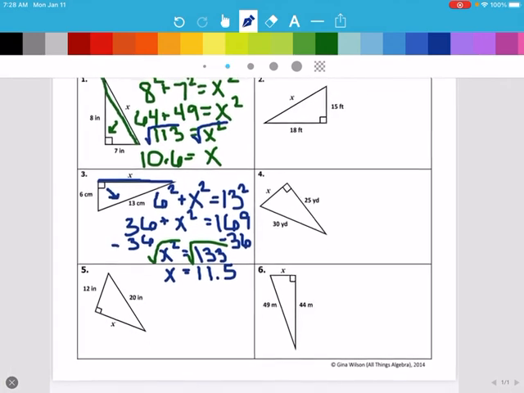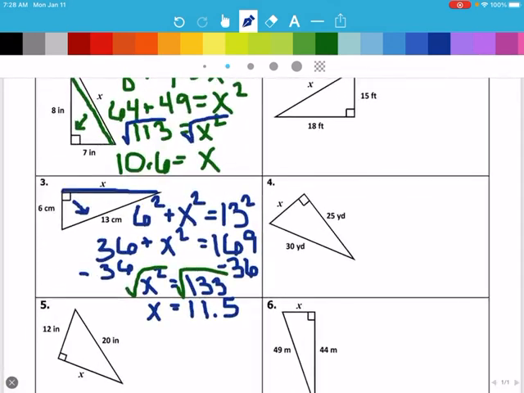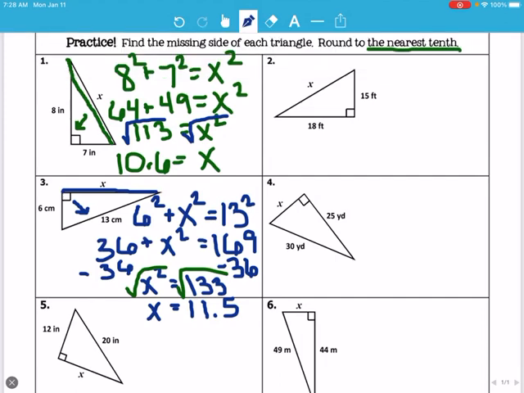I'm going to leave you guys the other 4 to do, so 2, 4, 5, and 6. And again, if the hypotenuse is missing, x goes by itself on the right. If a leg is missing, x is on the left side being added to the other leg, okay? Give these a try, use a calculator for your square roots, and we will